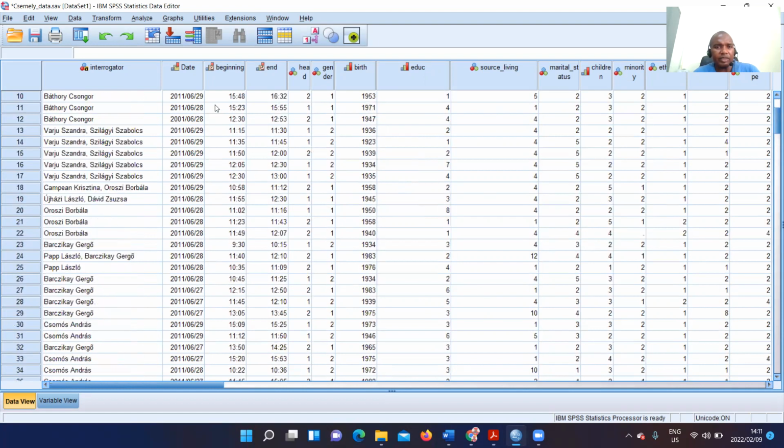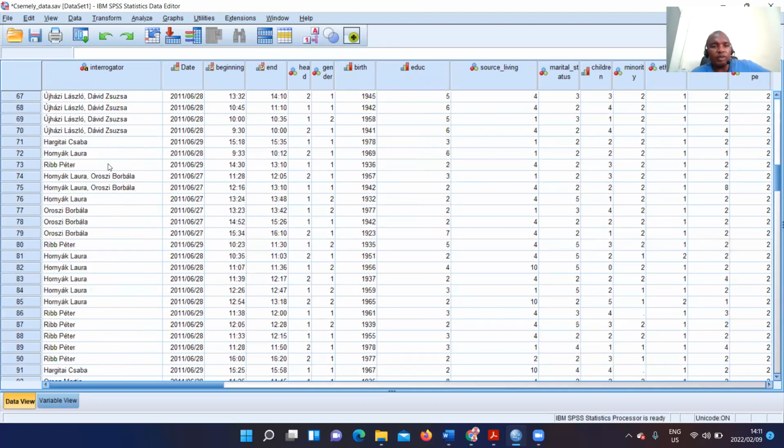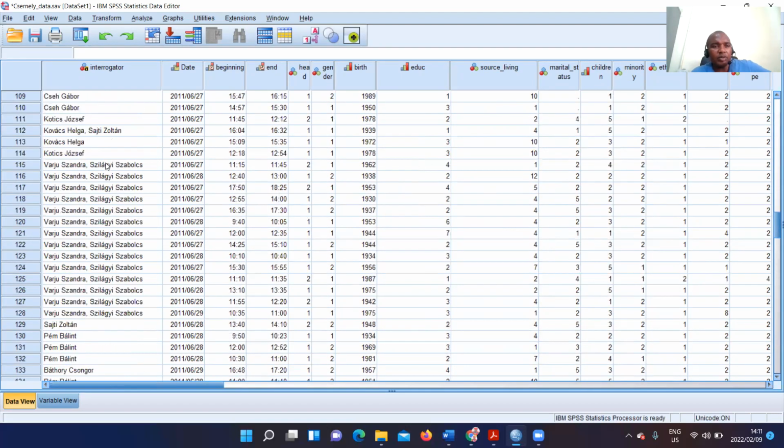When did the study start? I mean the research. For instance, the interaction between these two researchers and the first respondent started at 12:30 in the afternoon and ended at 1 o'clock. It took basically 30 minutes. And then the other questions are captured accordingly. And then we go all the way up to the